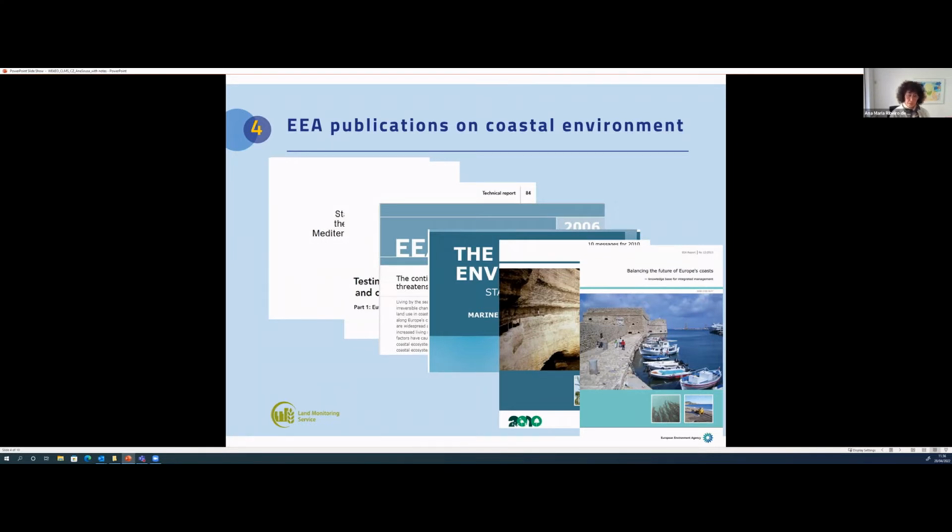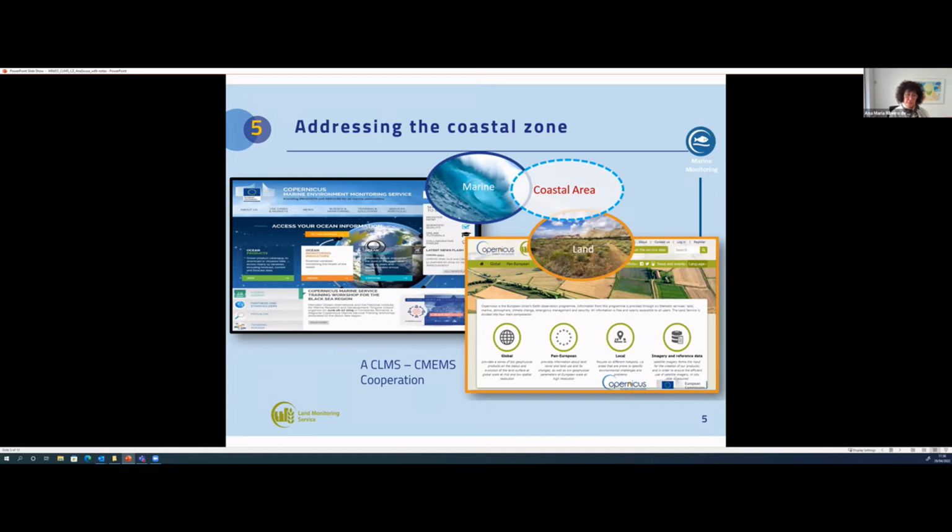So we clearly need a sound information basis to facilitate our work on maritime spatial planning and integrated coastal zone management. And that is why we are now developing products designed for the coastal zone within CLMS and working in collaboration with CMEMS, the Marine Service, addressing different aspects of the coastal environment.